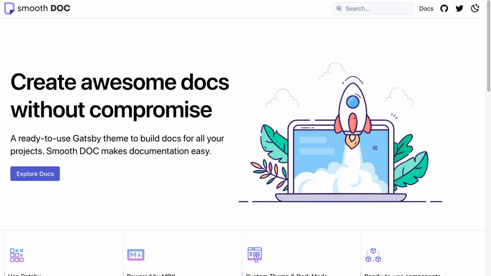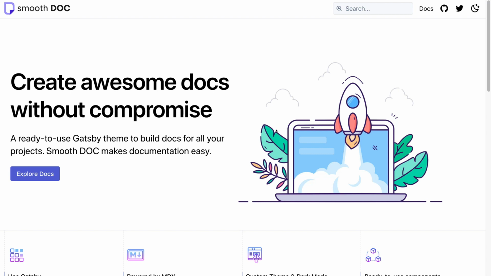So many a time people want to create a website just to demonstrate the API or the description of that project, whatever the project is about, like machine learning or web or any other kind of project. And for that they want to create a documentation website. And it is not easy to create a website from scratch. So there are many documentation templates already available on the internet, and we can use them as a boilerplate to create our own documentation website.